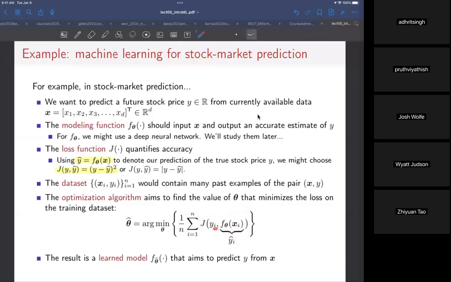And for every i, for every training example, this is going to be of a certain size. Here, we're looking at the average across all training examples. Now that gives me a single number, and I want to make that number as small as possible. I'm going to do that by adjusting theta. Theta is a maybe big vector of parameters. I'm going to be adjusting all these parameters simultaneously to try to minimize this overall average loss on the training